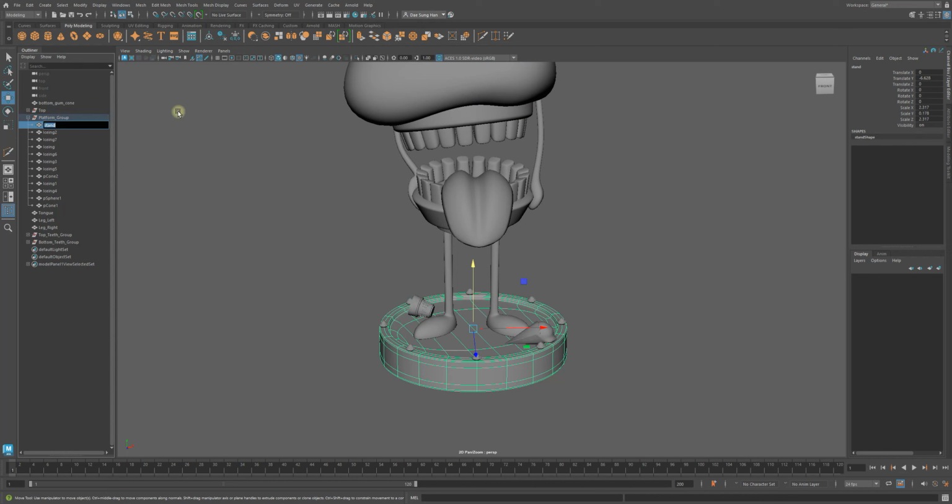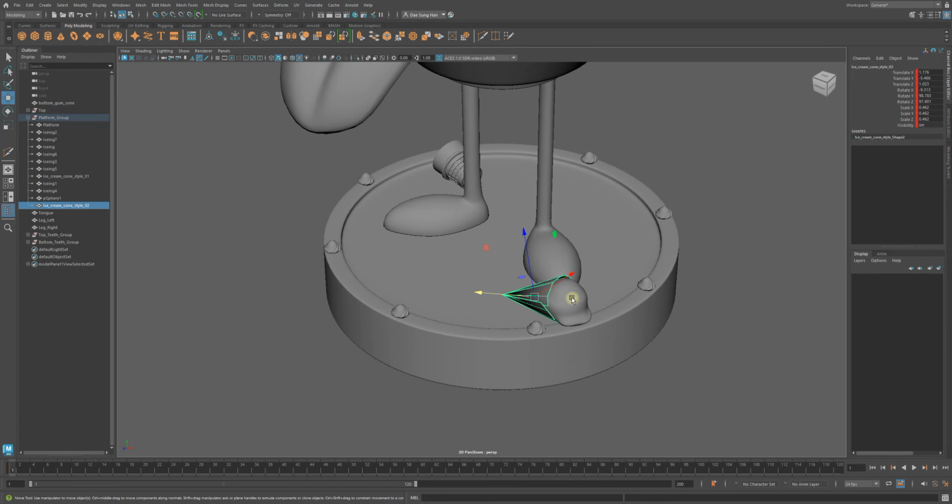I'm just going to name it platform. Icing, all the icing. This one is the cone. Ice cream cone style 01. I'll name this ice cream cone style 02. And I'm going to grab this and also